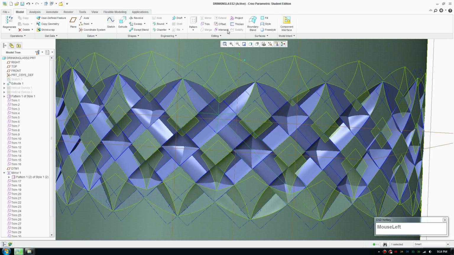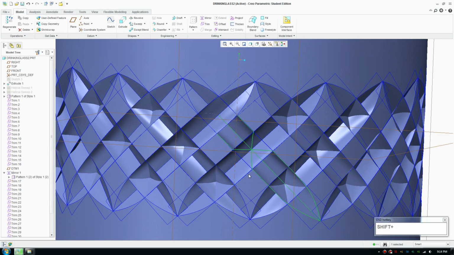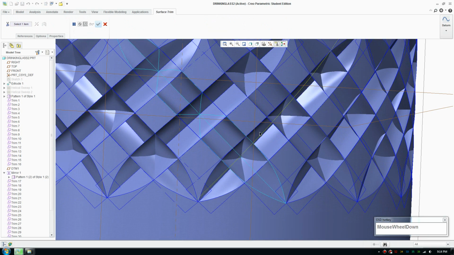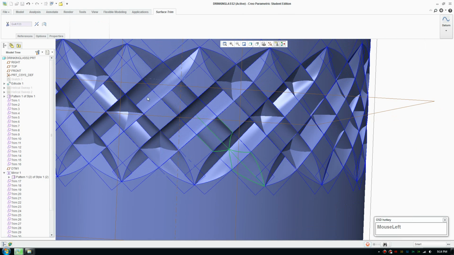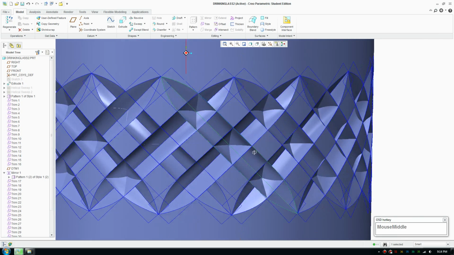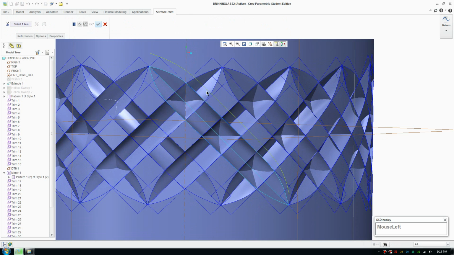Now we go do some more trimming. This is just tedious work, but it just shows that it's possible to